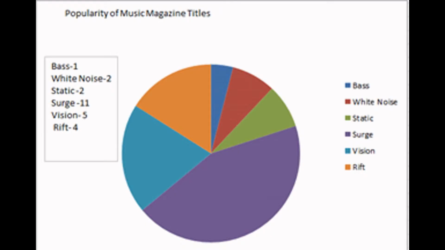The first thing to consider evaluating is my title. The titles of the reviewed magazines varied and had different meanings behind them. NME were the initials for a relevant title, and Kerrang is an onomatopoeic word that sounds like a guitar riff. With that in mind, I chose various different titles for my music magazine, and I put together a tally sheet and asked various other students which was the best title. The highest voted name was Surge, which is in relation to electronic music and an electrical surge.